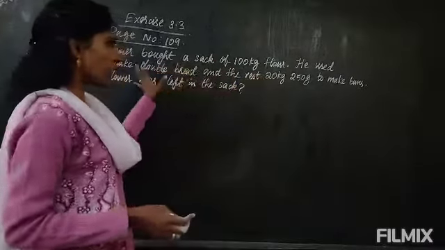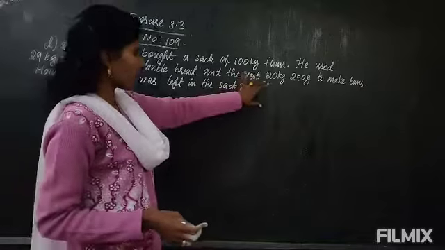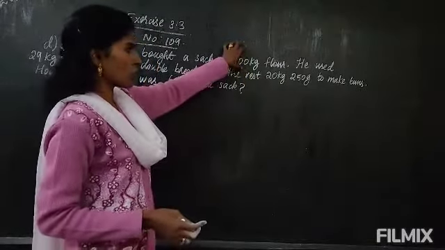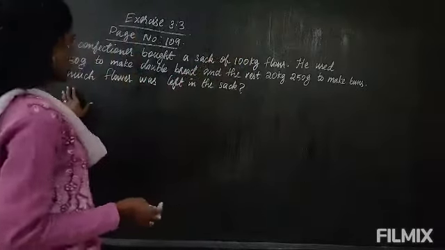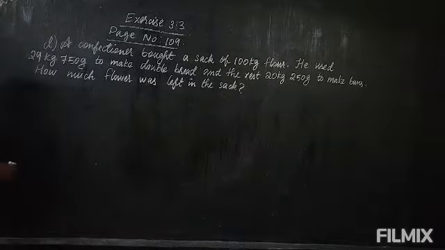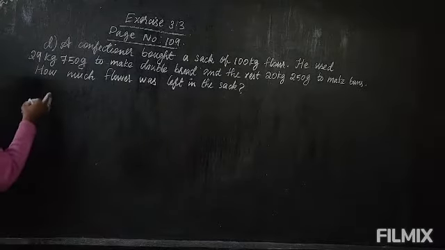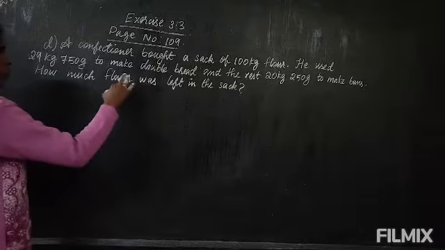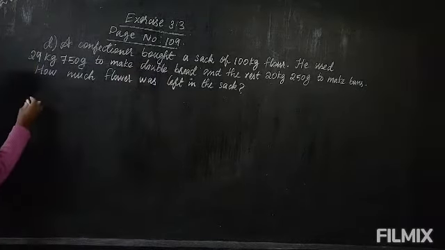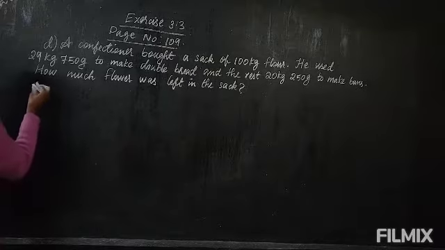So these two we have to add, and this addition, that sum we will subtract from this total amount of the flour. Okay, so if you subtract from there, then you will find the left amount. So let's start writing the solution. First you have to find the addition. After finding the sum only you can subtract from the total flour. Okay, so the amount of flour used to make bread.